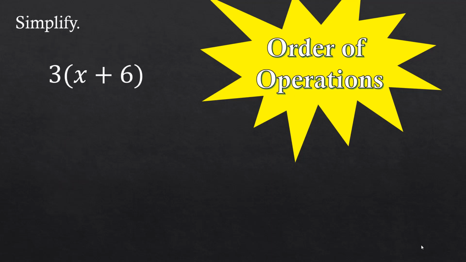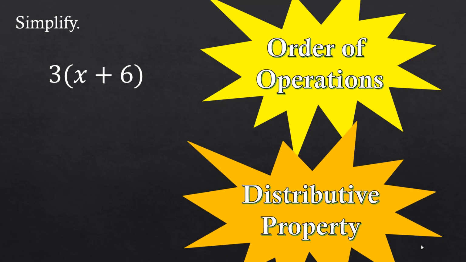When we work with algebraic expressions, things get a little bit different, because if I try to follow order of operations, I know I would have to perform operations that occur within parentheses. However, I now have an unknown. It's a little difficult to add 6 to an unknown value. So instead, we have to use another property about numbers,